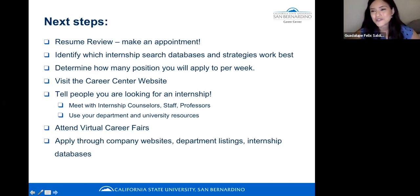And tell people that you're looking for an internship. Tell your friends, your instructors, the internship coordinators within your department, professors, and staff that you interact with, because they may or may not know of opportunities right then and there, but they'll definitely keep you in mind. For example, if I meet with a student and they say, I'm looking for a data analytics internship, but I haven't really found anything, the next employer that comes to me and says, we're recruiting for data analytics, that name is going to pop into my mind. The same thing with staff across campus. The more people that know that you're looking for an internship, the more people that will be looking out for opportunities that may be of interest to you. So definitely tell your friends,